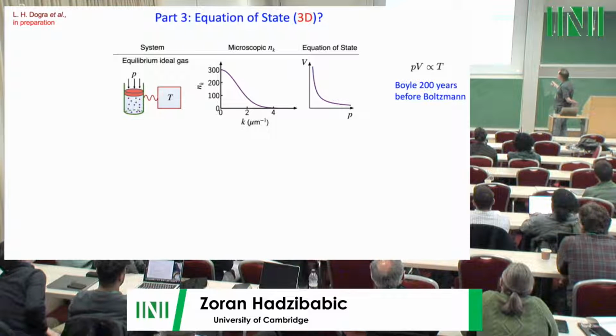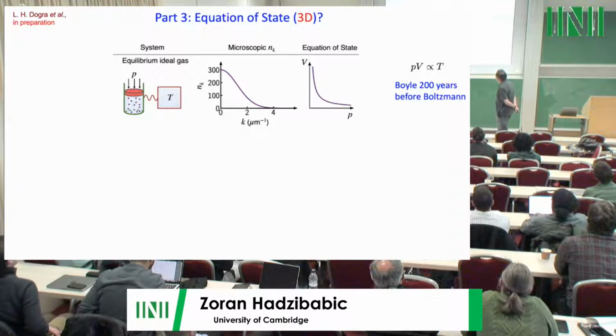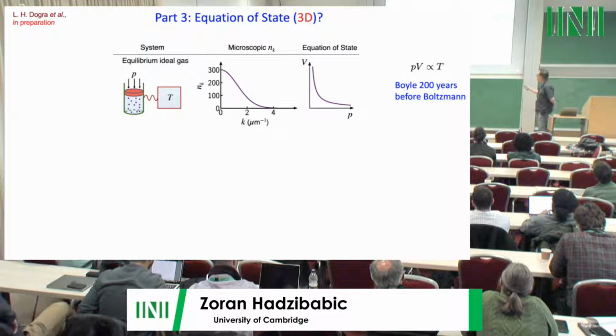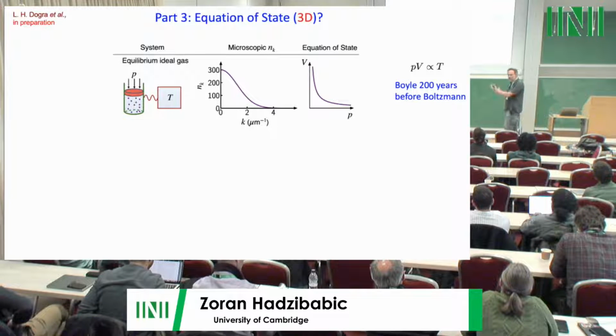Okay, but 200 years earlier, before Boltzmann, we actually knew its equation of state from Robert Boyle. That V is inversely proportional to P at constant T. And so this succinct description holds independently of exactly how you apply the pressure. You can put an apple on top, or you can put a pear, and it also doesn't depend on the details such as what you use to provide the temperature.